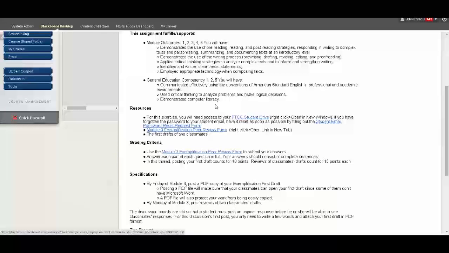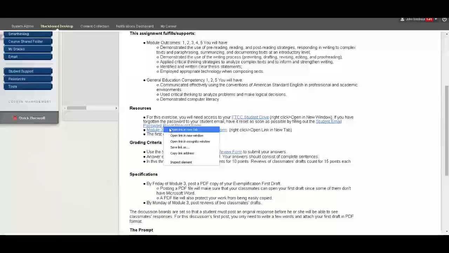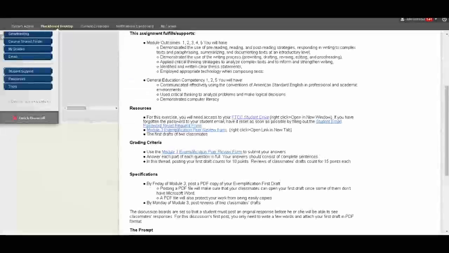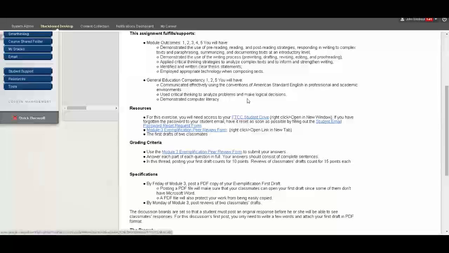If you look at the resources and the way the assignment is written, one thing that's a little different is that you will need access to your FTCC student email to complete the assignment. So if you need to reset your password, or if you've forgotten, then down here in the resources I put a link where you can access the password reset form, and I'll open that in a new tab to show you what it looks like. You want to do that as soon as possible because it does take a day. Fill out this form, and the tech folks over at Fayetteville Tech will reset your password, and you'll be able to get in. I believe it's reset to your birthday.